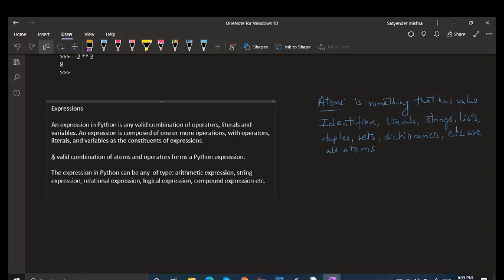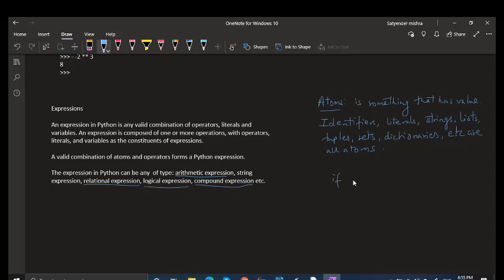We know all these expressions, right? Arithmetic expression, relational expression, logical expression. We have seen all these. But you have perhaps never heard about string expression. So what are string expressions? We know arithmetic, relational, logical, and compound expressions.